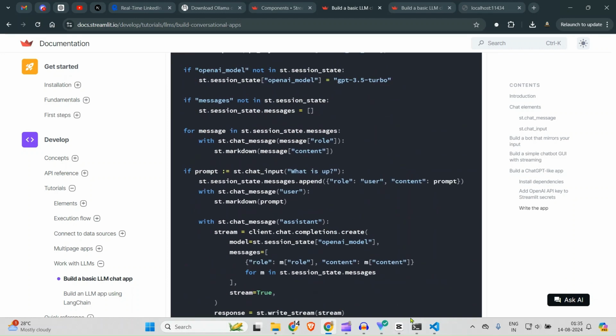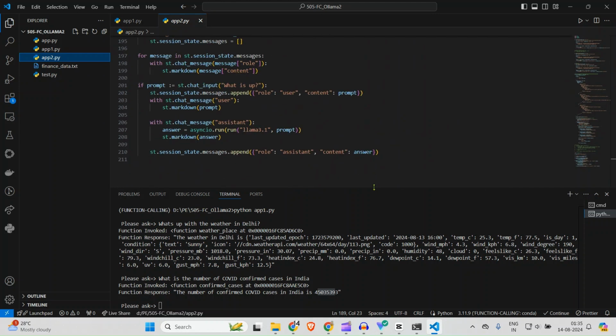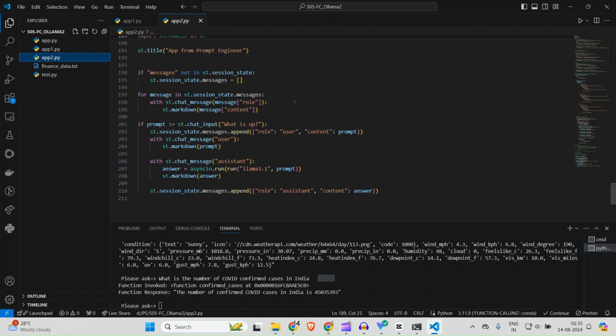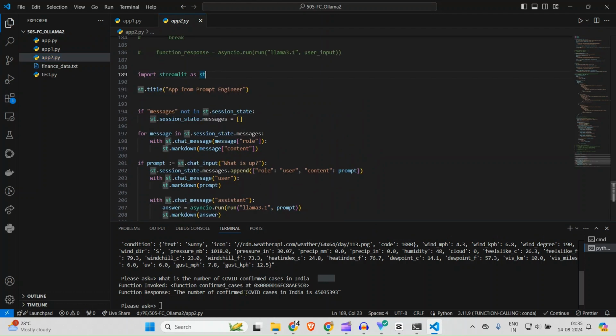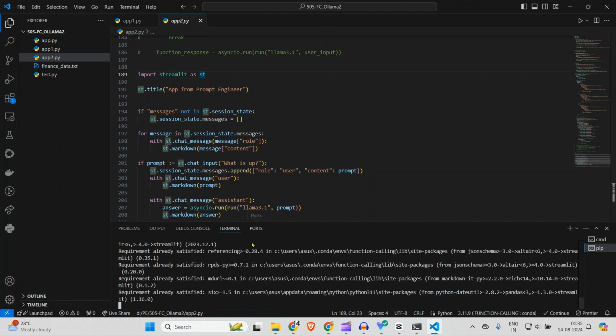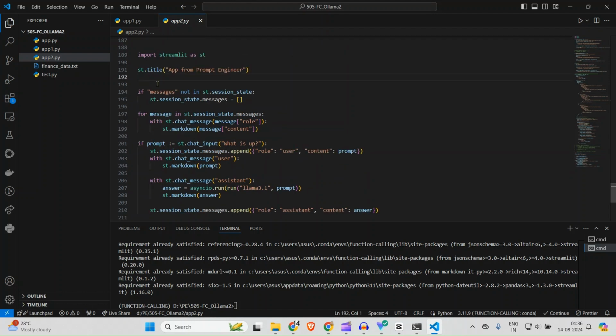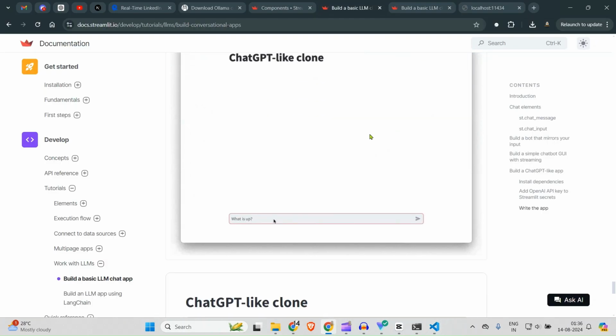So I've taken this entire code and pasted it here in app2, and I've removed some of the things and kept those which are necessary. So import streamlit as st. Of course, we are going to install Streamlit as well. So pip install streamlit, and this is going to install Streamlit. So st.title, app from prompt engineer. And if there are no messages, we start up a message list, and this part of the code preserves the old messages and displays them,